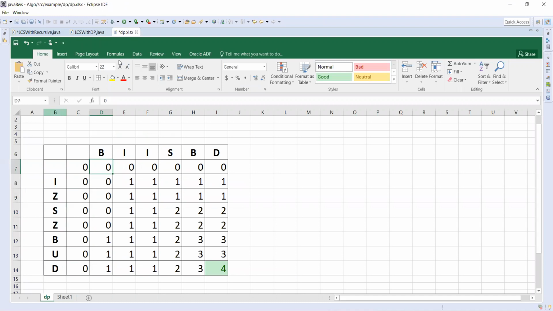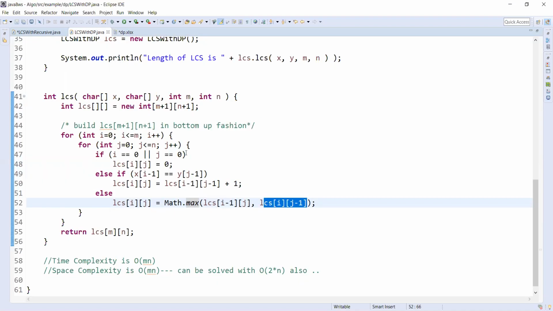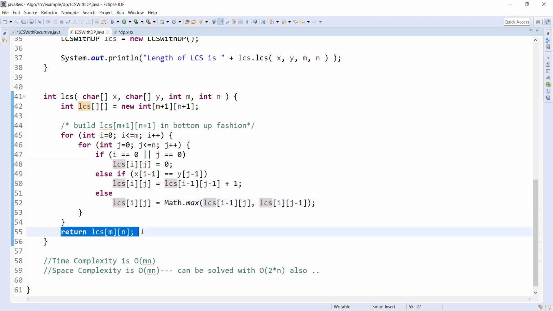Likewise, we save the data and then reuse it, and finally we return the value in the last position of the two-dimensional array. That is the longest common subsequence.